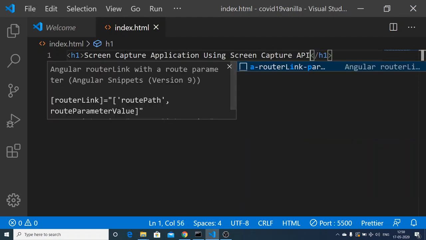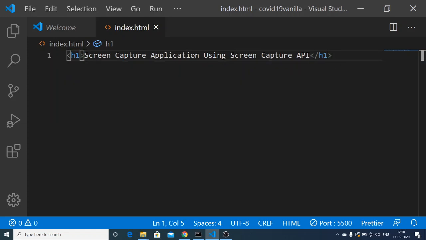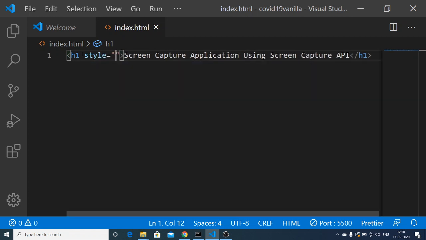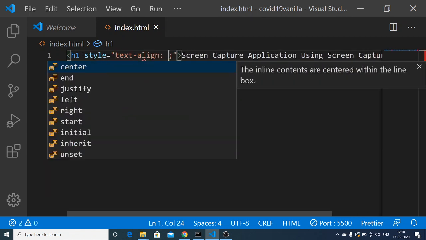After that you need to align this heading in the center position, so you can just give it a style attribute, text-align center.